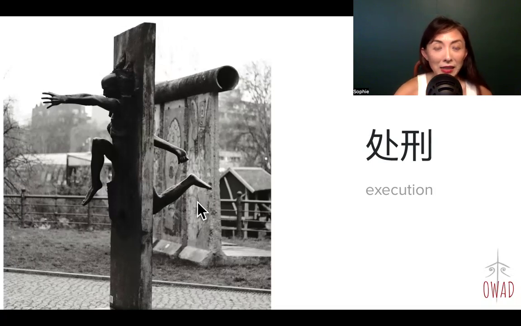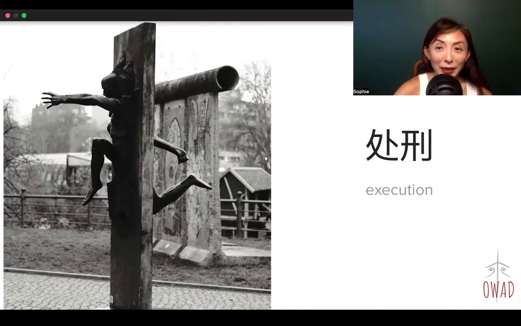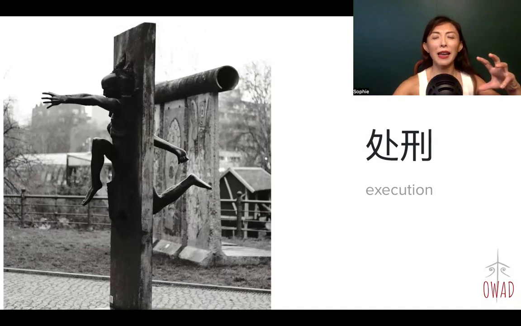And this is some sculpture in Germany, supposedly, that's meant to show an execution and humans trying to escape from that bloody image. I find this kind of horrifying. At the same time, it's not as bloody as showing a skeleton here, but you get the idea. This 处刑 simply means execution.